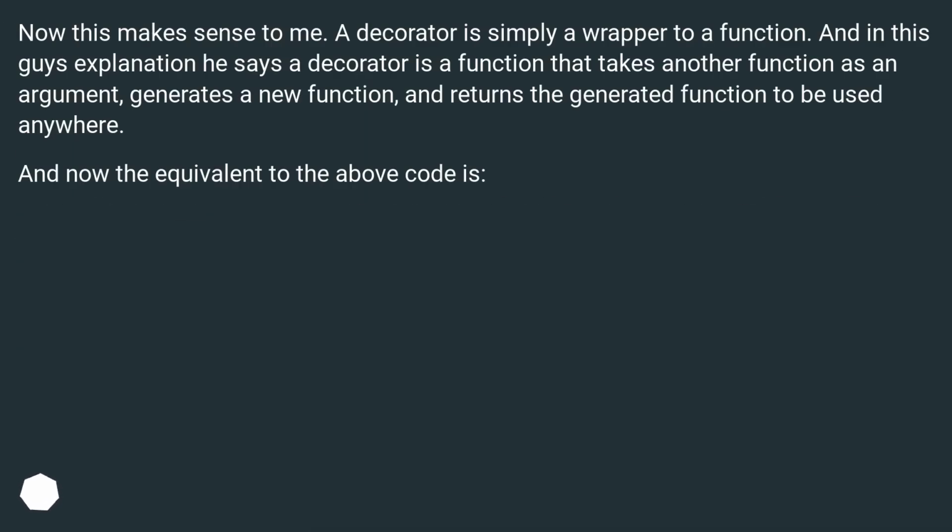Now this makes sense to me. A decorator is simply a wrapper to a function. And in this guy's explanation he says a decorator is a function that takes another function as an argument, generates a new function, and returns the generated function to be used anywhere. And now the equivalent to the above code is